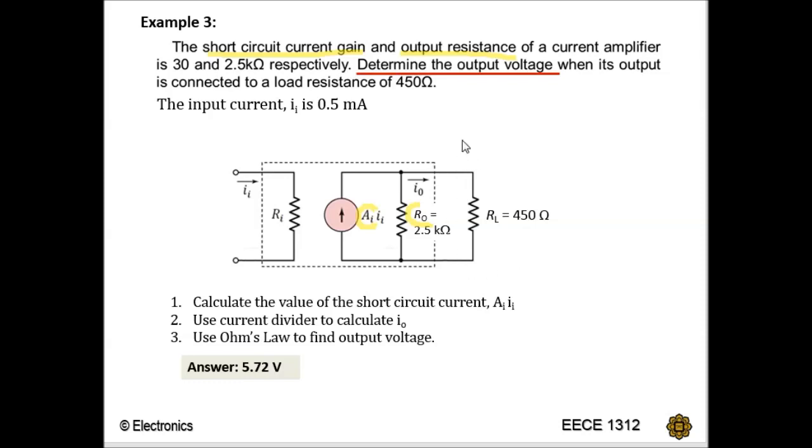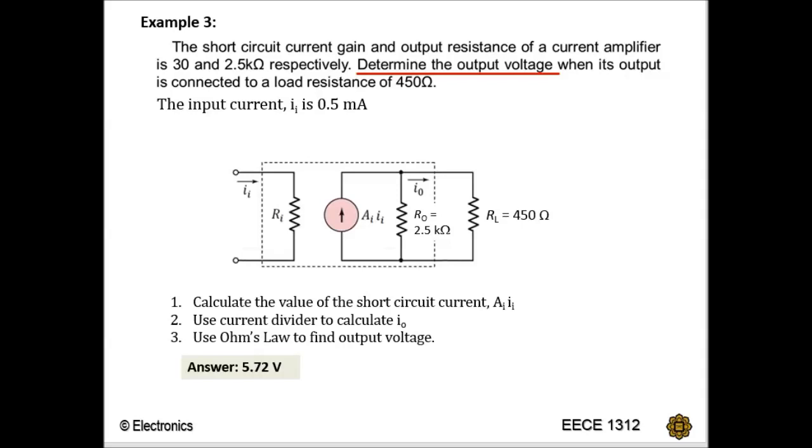Output voltage is V out. So the question didn't show you where V out is, okay? But we know that this is your output terminal, because your current I out goes through this terminal. So when the question asks, determine the output voltage, determine the output current, it's definitely referring to the output terminal, whatever is connected at this output terminal. Okay, so back to the question. It stated that the output is connected to a load resistor, 450 ohm.